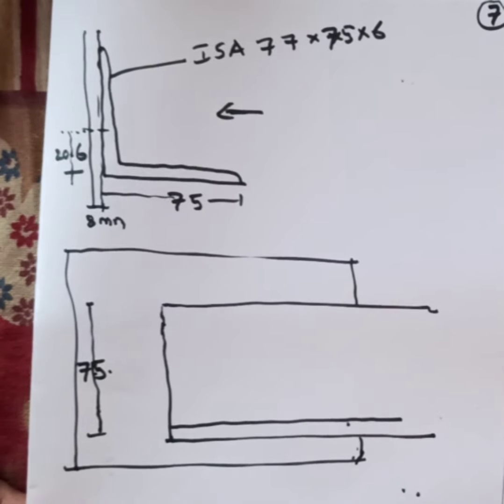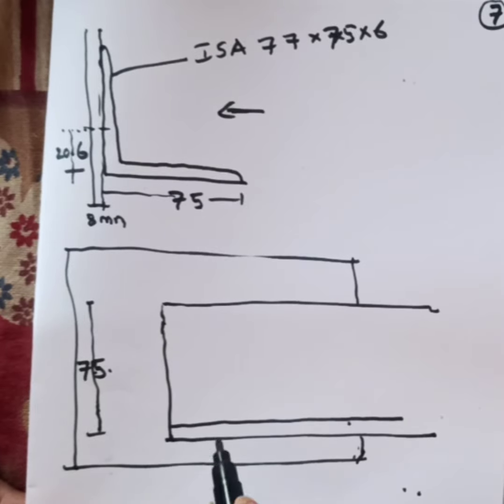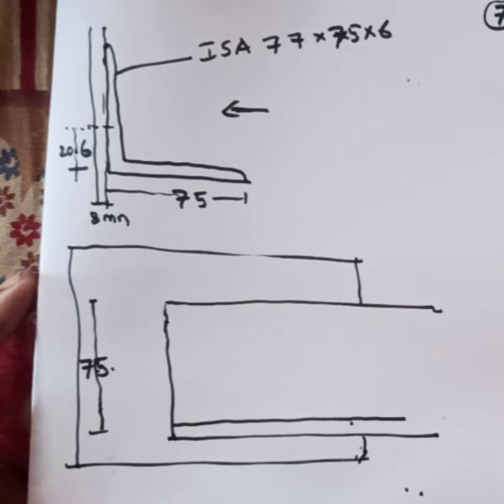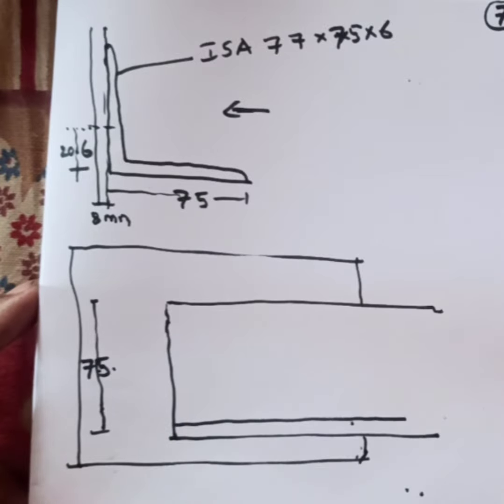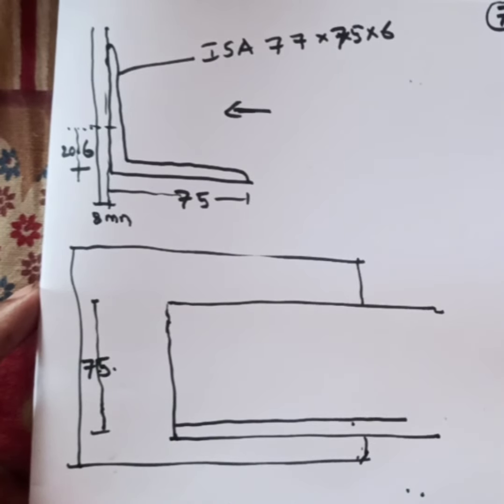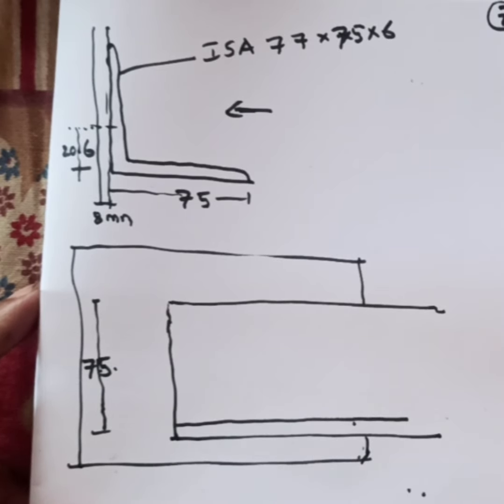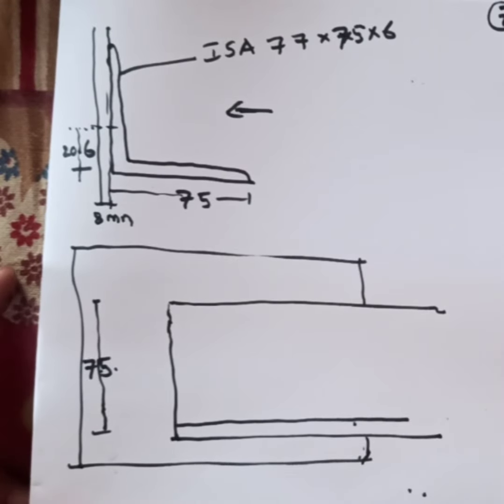So now they have not given any load here. They have asked us to design for the full strength of the member. That means we need to find the capacity of this angle, how much load it can take, and for that load we need to design the weld. That means we need to find the size of the weld and the length of the weld, and we need to provide it in the two cases which are given in the question.